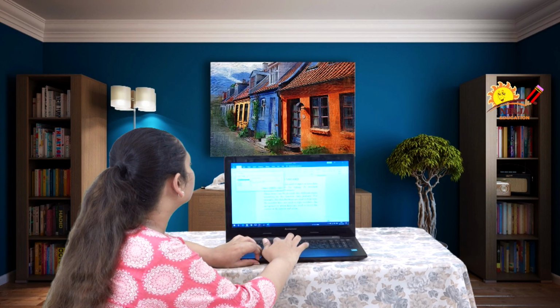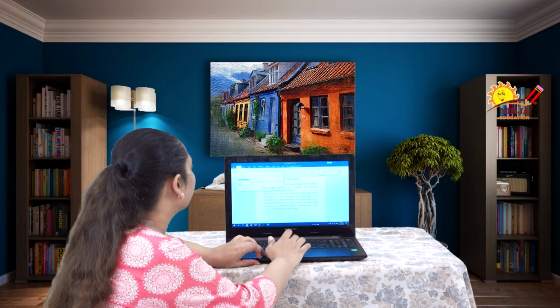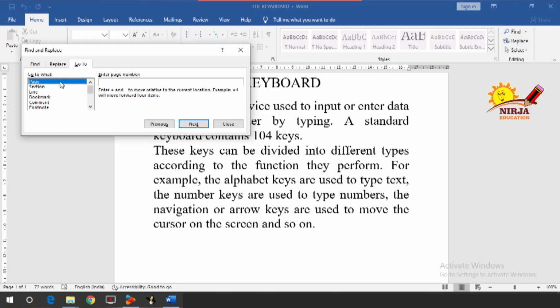Now Go To button. As you can see, Go to what means wherever you want to go or wherever you want to place your cursor: page, section, line, bookmark, comment, footnote, right? So page, if I go for the second page and go to the second page, here we do not have a second page, so that is why nothing is showing over here.